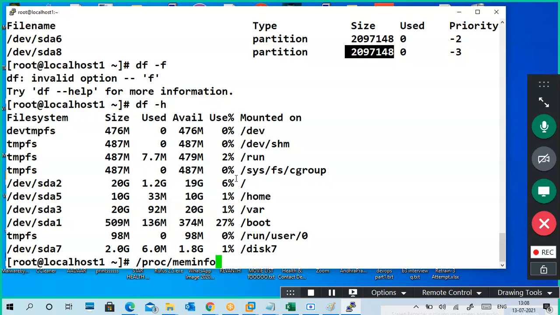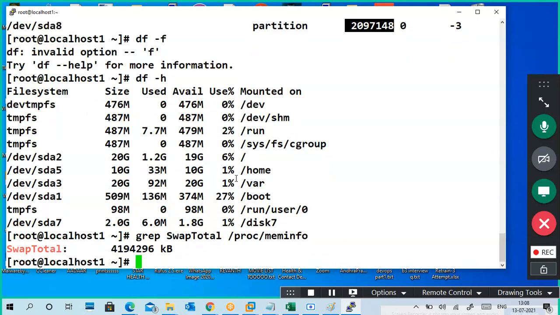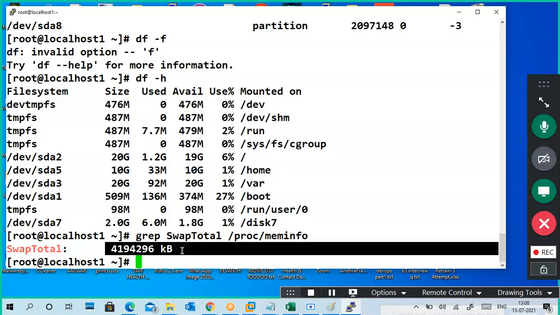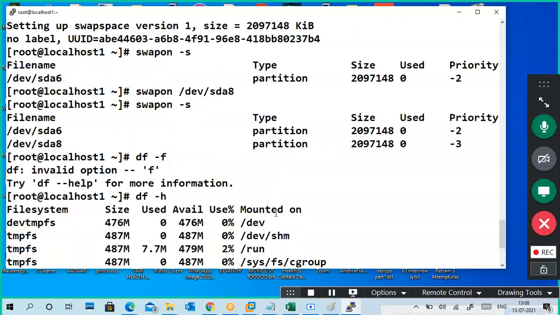This is meminfo. grep SwapTotal. Now it is showing 4 GB total swap. So 2 GB plus 2 GB I took.